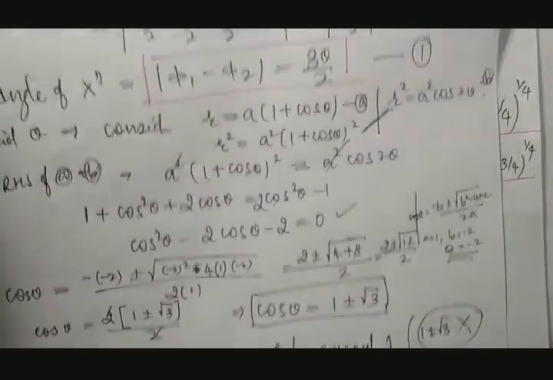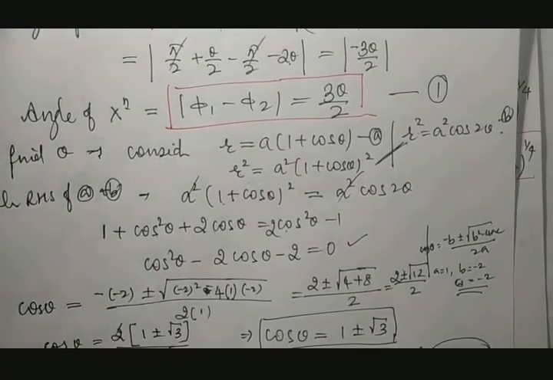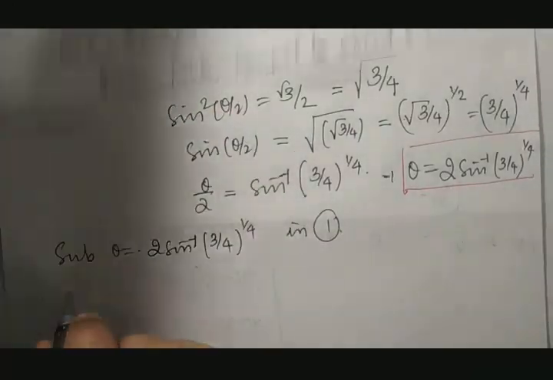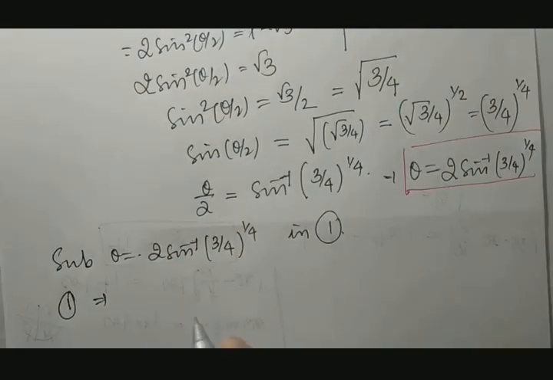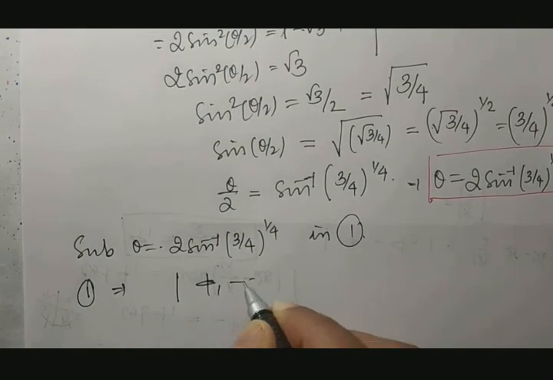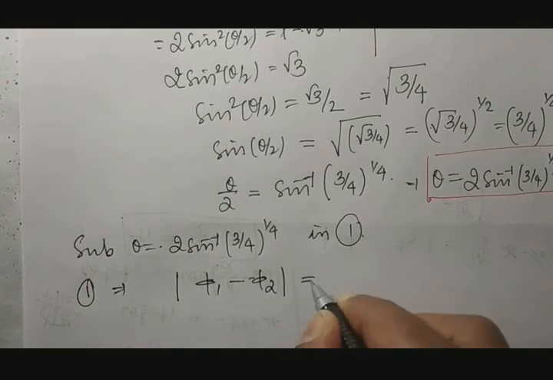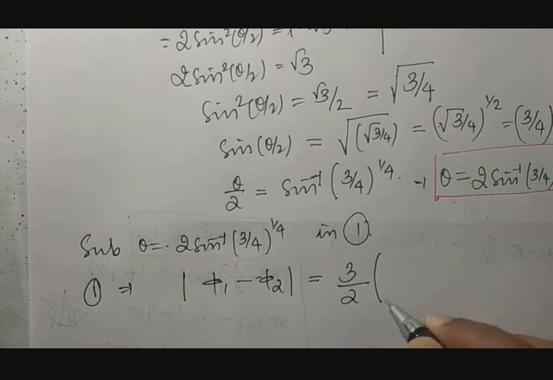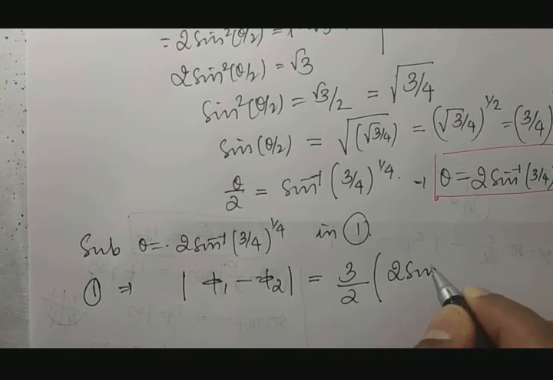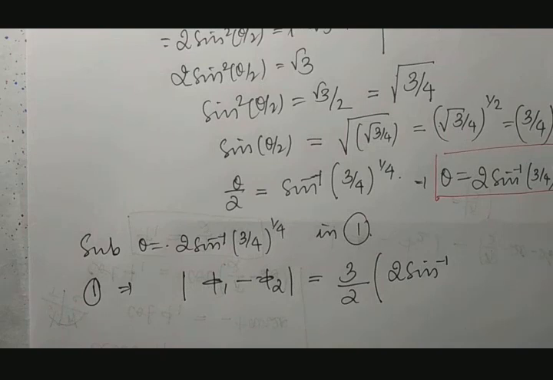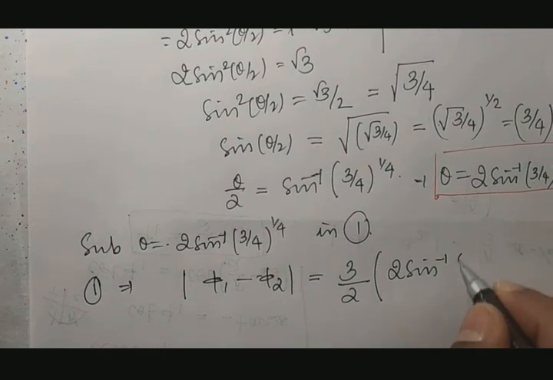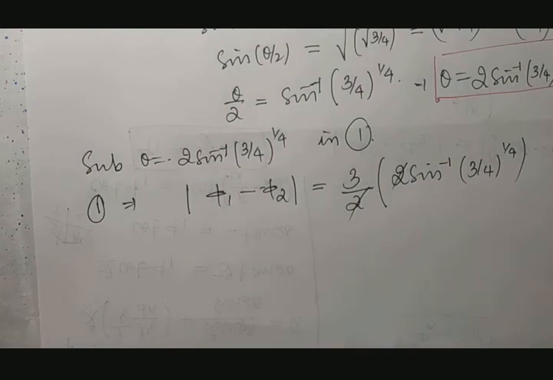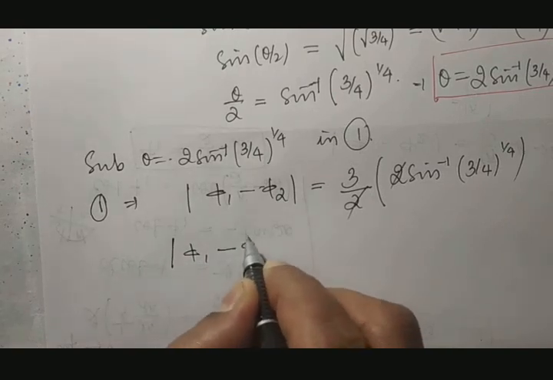Equation number 1 says 3 theta by 2. Therefore, equation number 1 becomes mod pi 1 minus pi 2 is equal to 3 times theta by 2, that is 3 by 2 into theta, that is 2 times sine inverse of 3 by 4 raised to 1 by 4. So here 2 gets cancelled. Therefore, mod pi 1 minus pi 2 is equal to